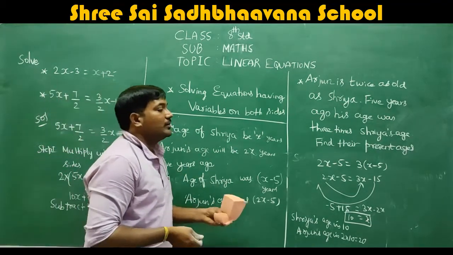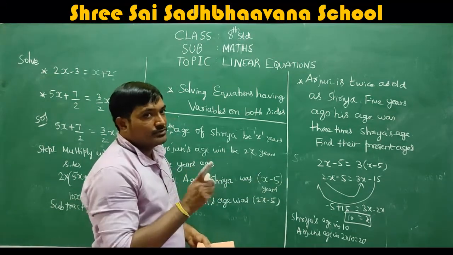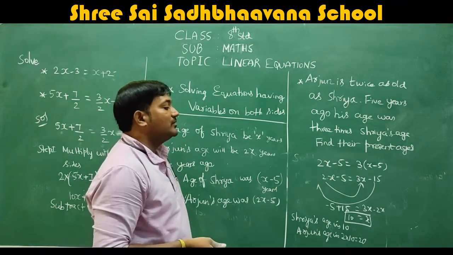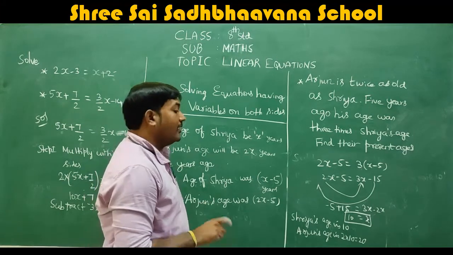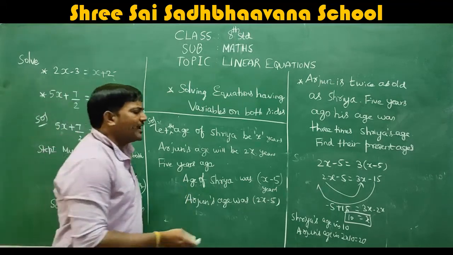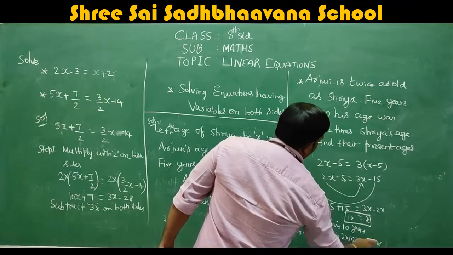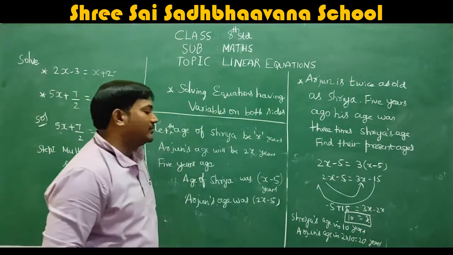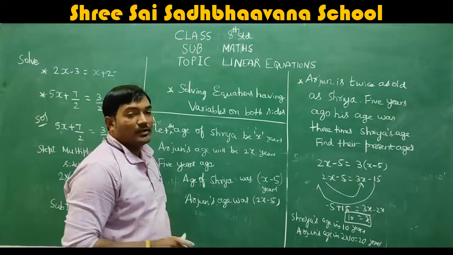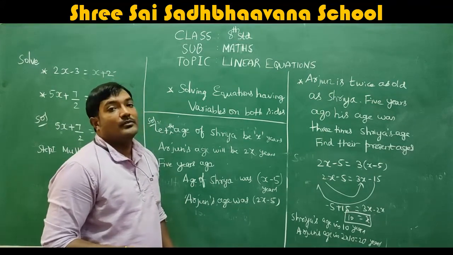So 3x minus 2x will become x. I put the arrow mark, so if you have doubts, you can understand which one I am taking to the LHS and which one to the RHS. So minus 5 plus 15 is equal to 3x minus 2x, which is x is equal to 10. So we got the x value as 10. It means Shriya's age is 10. No need to write years, though you can write years or leave it. Shriya's age is 10 because the x value is 10, and Arjun's age is 2 times Shriya's age, which is 2 into x, which is 20.